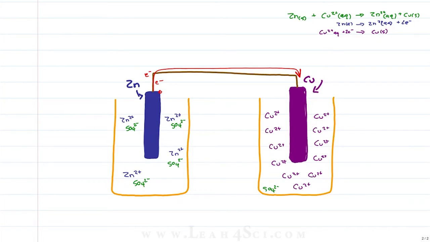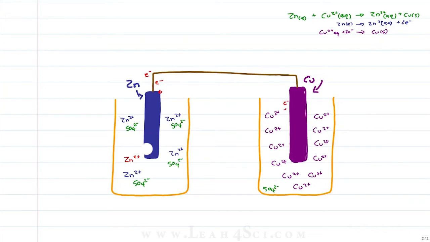When a zinc atom breaks apart according to this half reaction, we have a zinc solid turning into a zinc ion. The ion will no longer stay on the metal, but instead that ion will now join the other ions in solution as the electrons travel up over the wire and towards the copper. The electrons don't sit on the copper though, because the copper is solid and has all the electrons it wants. Instead, it travels down the